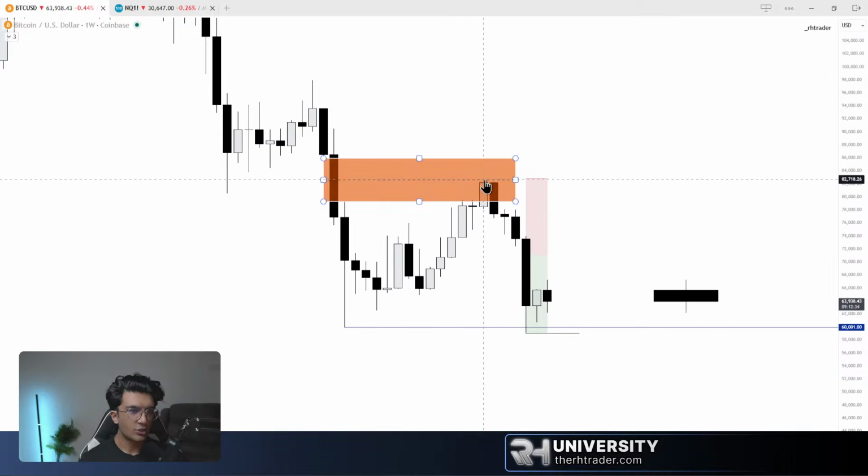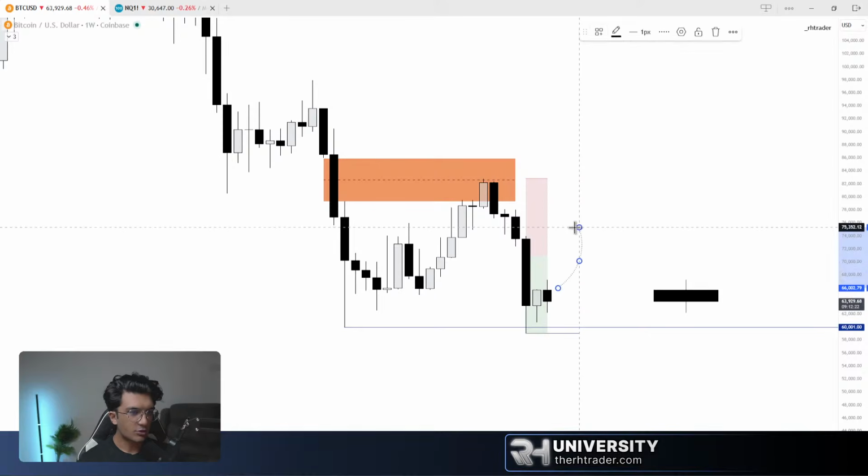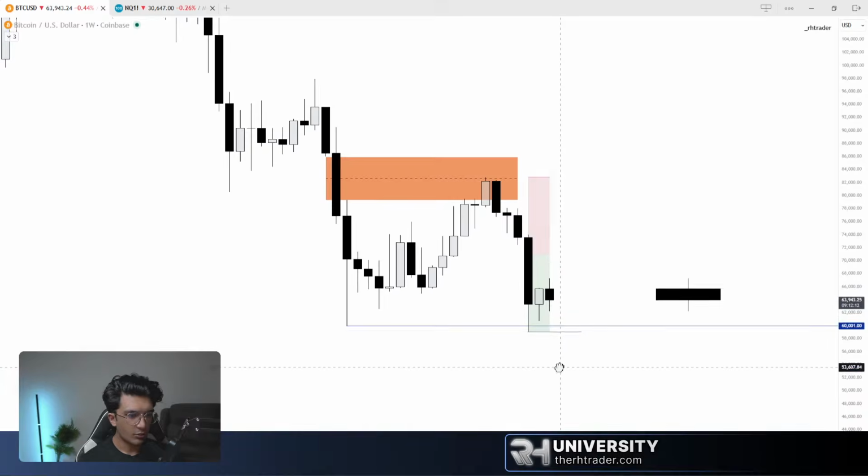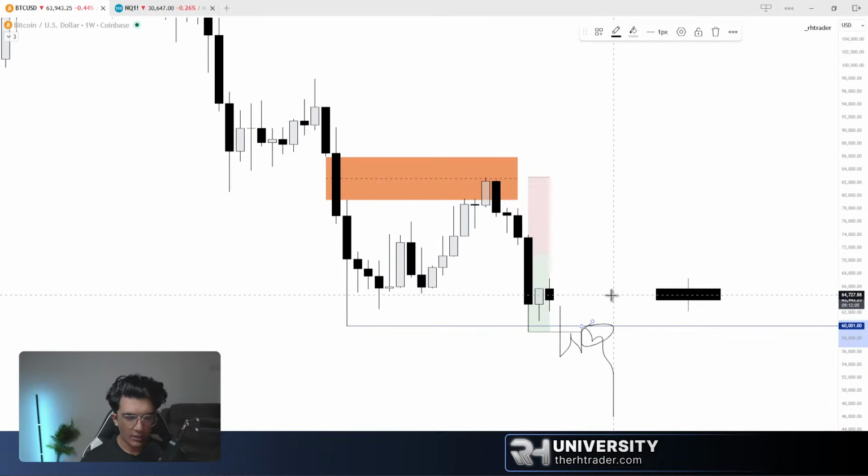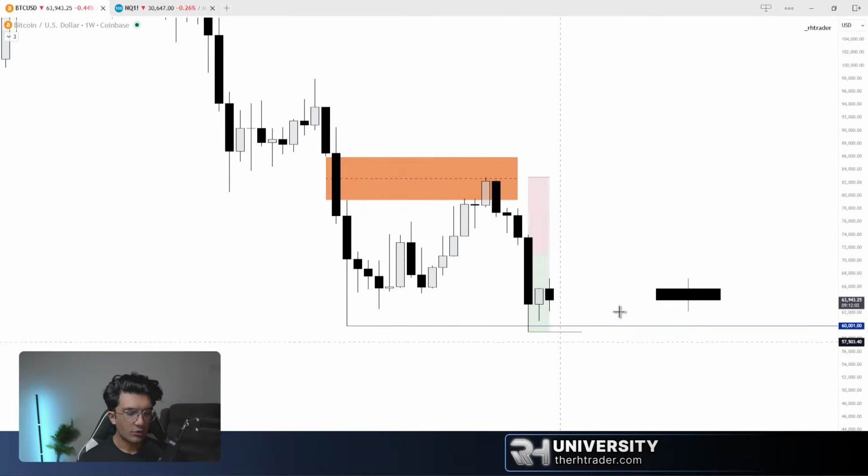Whenever you see these large bullish candles, your mind automatically tells you that, all right, we're going to move higher. But once you have your clear premium and discount marked out, fair value gaps marked out, it makes it really easy, right? So in this case, let's say Bitcoin pushes higher to this premium, 50%, then I will definitely be bearish and I'll expect price to move this way. Or let's say price just crashes lower and it closes through this low, right? And that is when I'll be bearish. Or else I'm just going to remain neutral here and I'm not going to frame any bias at this point.